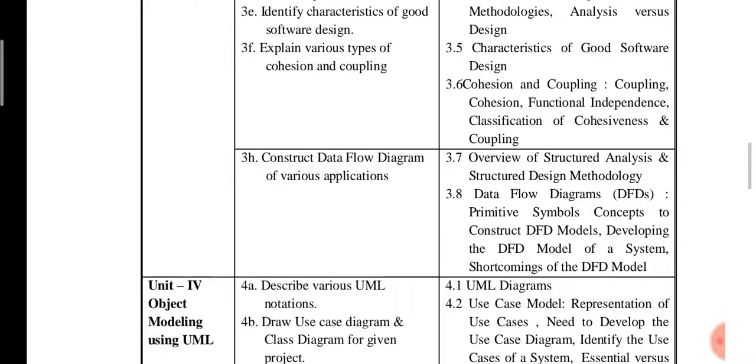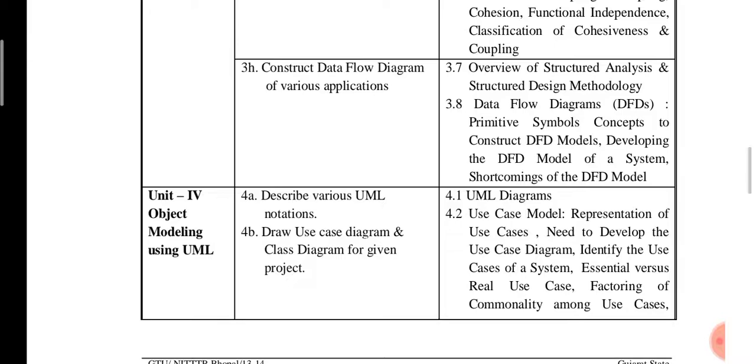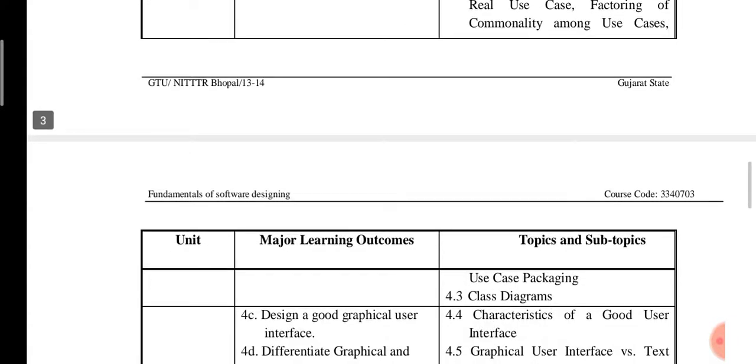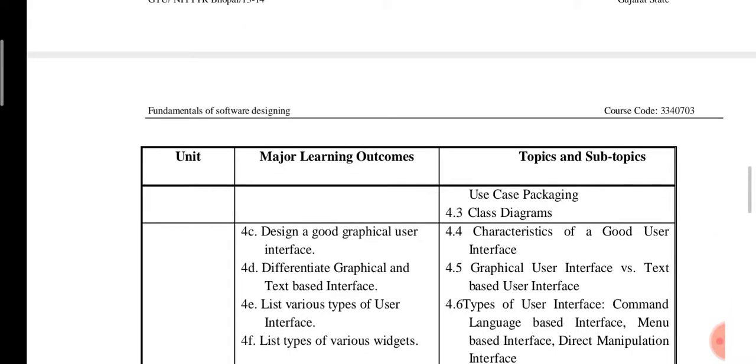Then chapter number 4, fundamentals of software designing, is object modeling using UML. So UML diagrams start with the use case model: representation of the use cases, the need for it, how to develop the use case diagram, identify the use cases of a system, essential versus real use cases, factoring of commonality among use cases, and here the use case packaging and class diagram. Then good graphical user interface, differentiate graphical and text based interface, list various types of user interface, and list types